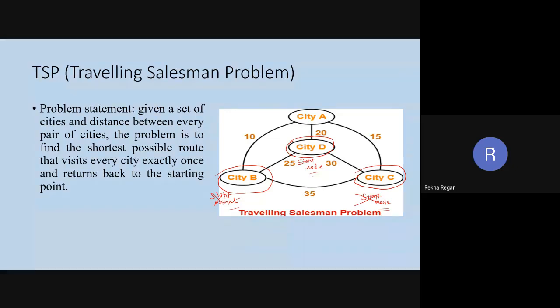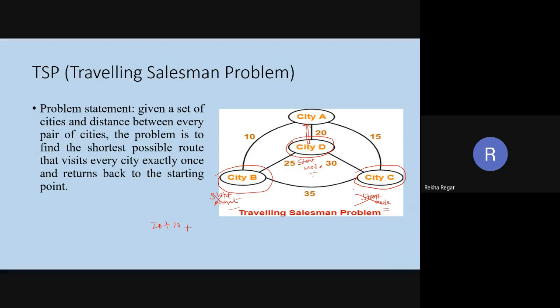So when we are on D, we have three possibilities: 20, 25, and 30. Which one is the smallest? 20, so we are going in this direction. First is 20. Next, when we visit A, we have two valid choices, 10 and 15. 10 is the lowest one, and with this we get city B. On city B, the total choices are 3: 10, 25, and 35. But we cannot go with D because all vertices are not covered.